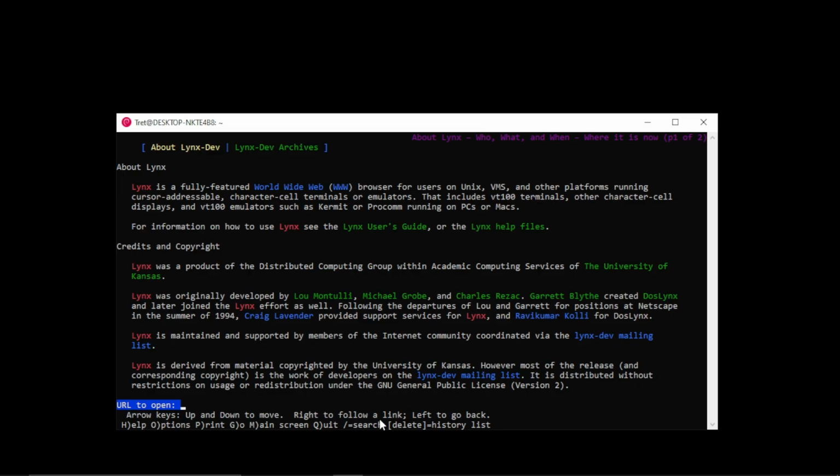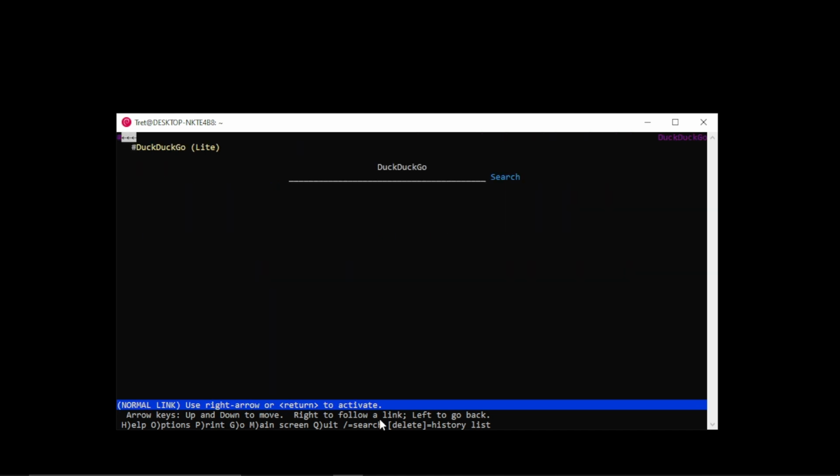I will go with duckduckgo.com. Now it will lead us to the site, and I can enter anything I want to. Main, I will search for